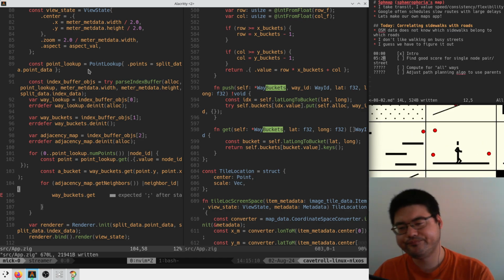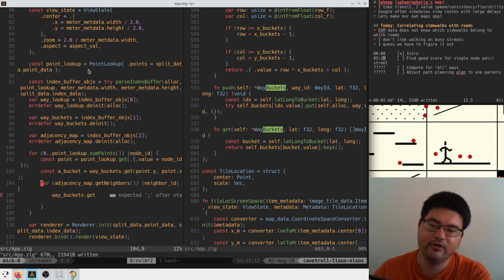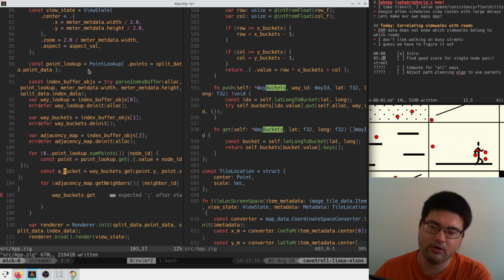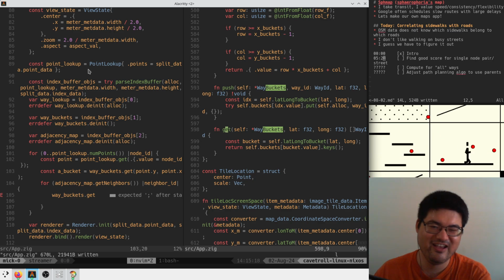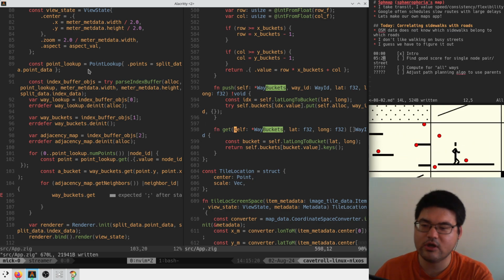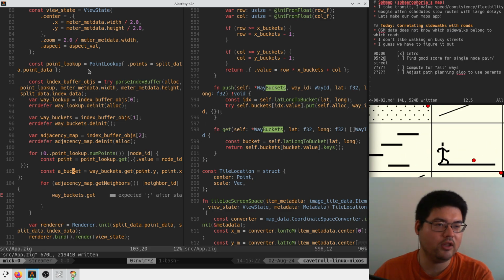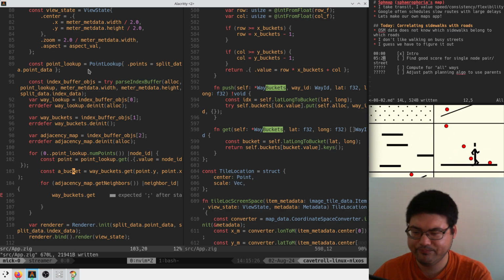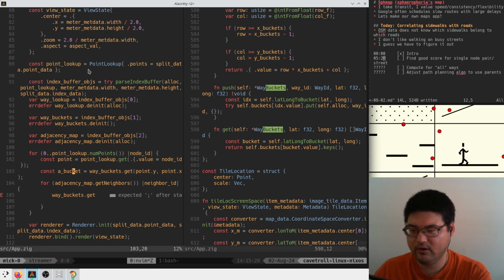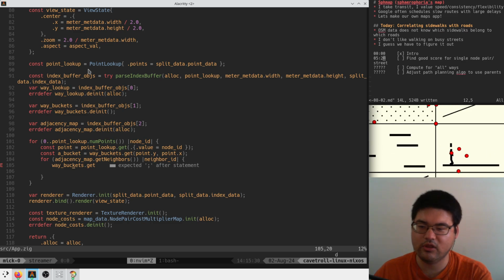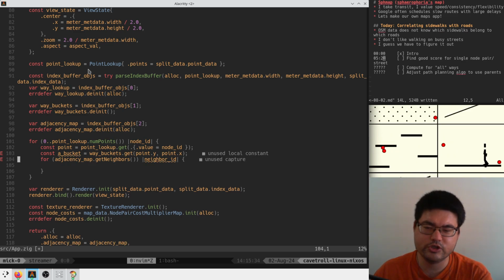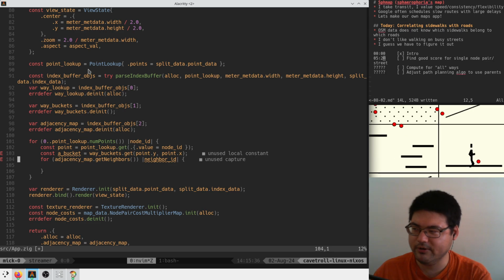But whatever. Okay, so we have a bunch of way IDs, right? So this is all of the collections of points that go through this area of the map for this point. We'll start there. Now we are going to iterate over each of our neighbors, and we're going to construct